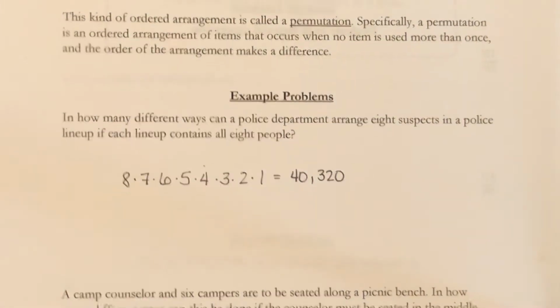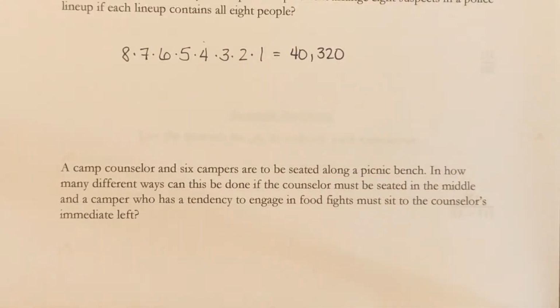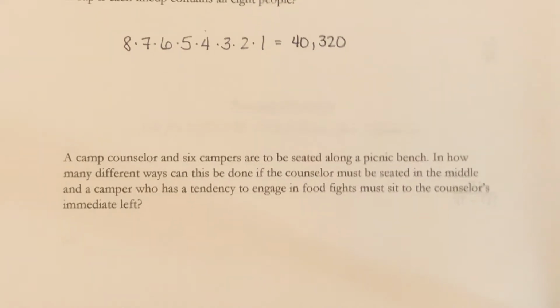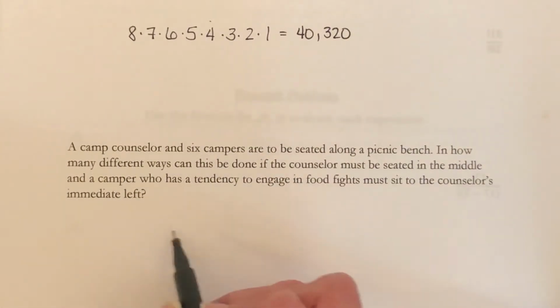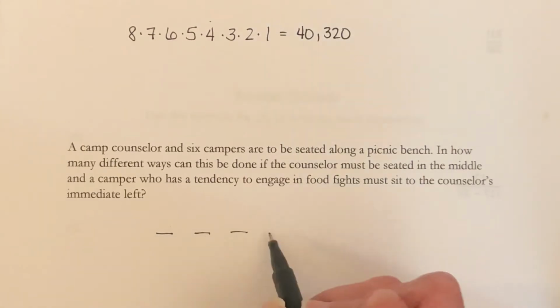Okay. A camp counselor and 6 campers are to be seated along a picnic bench. In how many different ways can this be done if the counselor must be seated in the middle, and a camper who has a tendency to engage in food fights must sit to the counselor's immediate left? Okay, so we have the counselor and 6 campers. So that's 7 people we need to sit